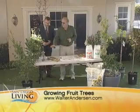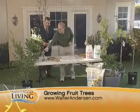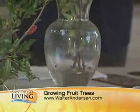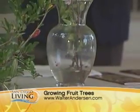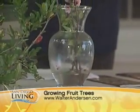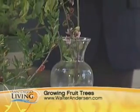I brought in a vase here that has some flowers in it, and right in the very front you can see the first fruit of the season, which are cherries. Cherry blossom time? There are cherries that will grow in our mild Southern California climate. Mini Royal, Royal Lee, you need a pair of them, and those are the first fruits of the season. And as long as my kid's friend Kelly Roberts doesn't come over and eat every cherry off the tree,